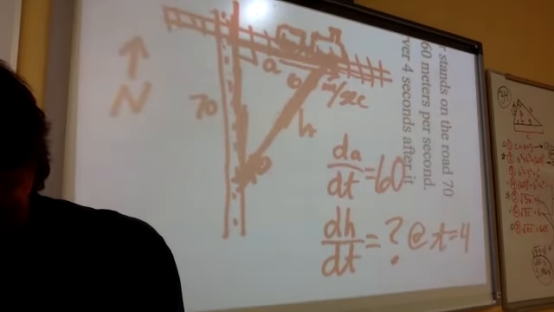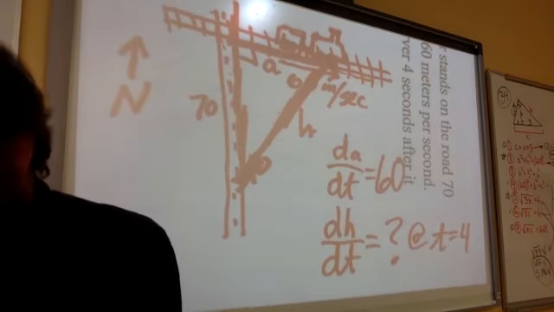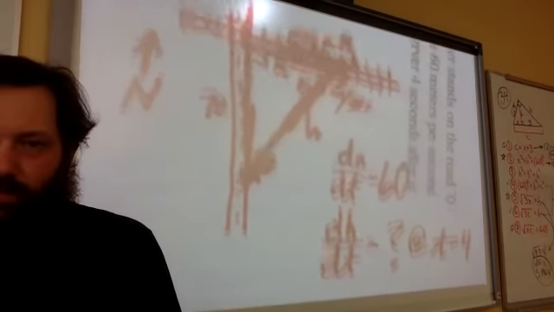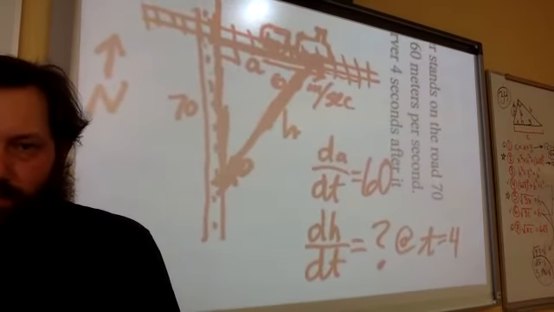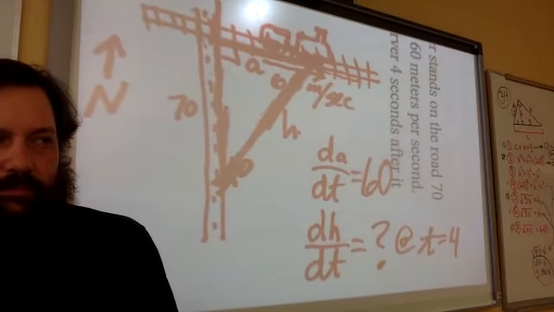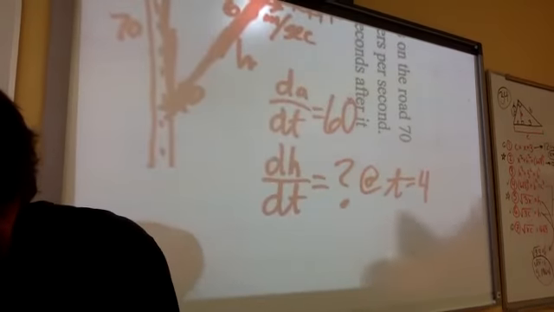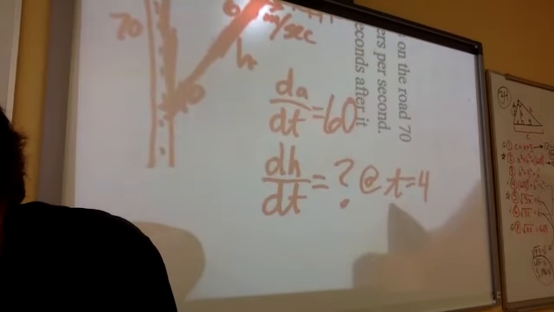So I need two formulas for this. Could you just write A in terms of T? Okay, how much is A? So T equals 4 means A equals